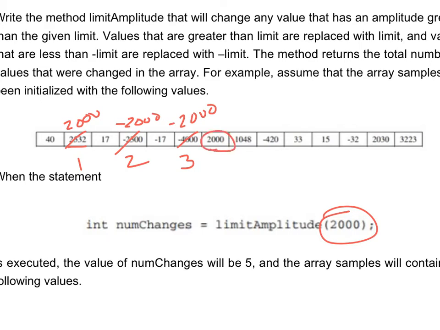So you have to make sure that it's always less than or greater than, not less than or equal to. So this one is their way of saying that. And then it's going to change it here and here also, so that's why the number's 5 and not 6. So that's their subtle way of saying that it should be less than or greater than, not less than or equal to, or greater than or equal to. Okay, so then if we look at the answer to this particular problem,